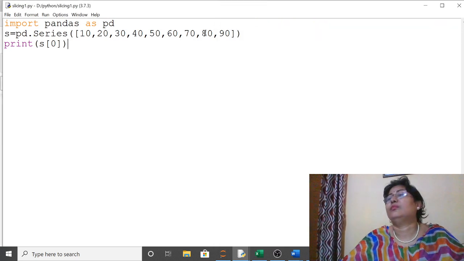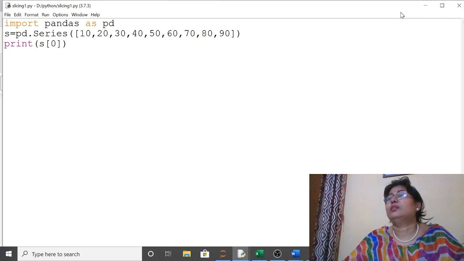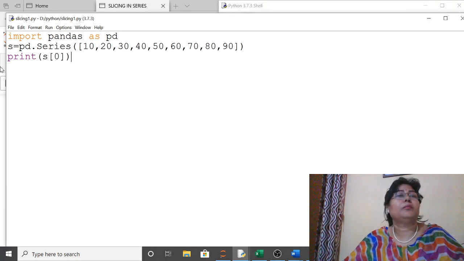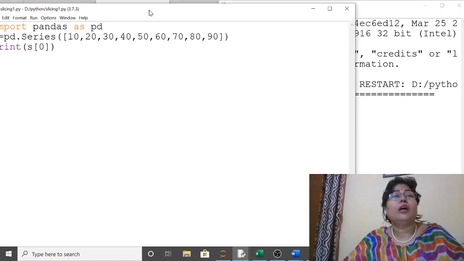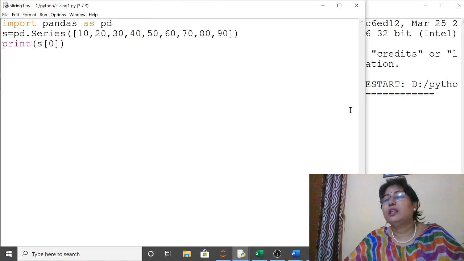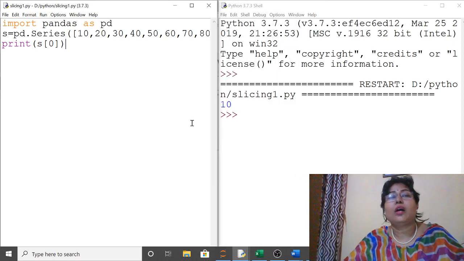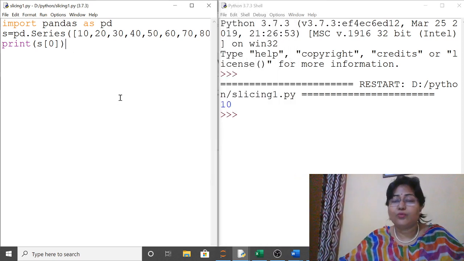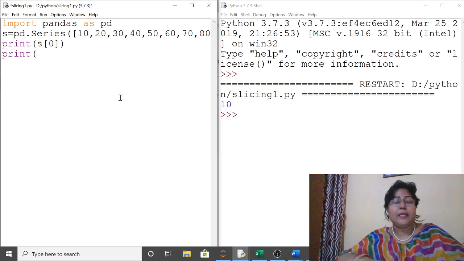Now let us just make it a little bit bigger. Yes, now it will be visible. I just want to show you both the windows together so that you can easily check your outputs. Yes, now the next value is print S of